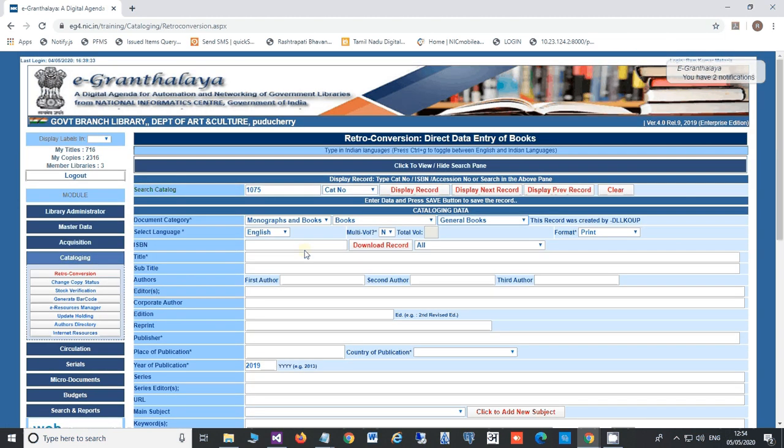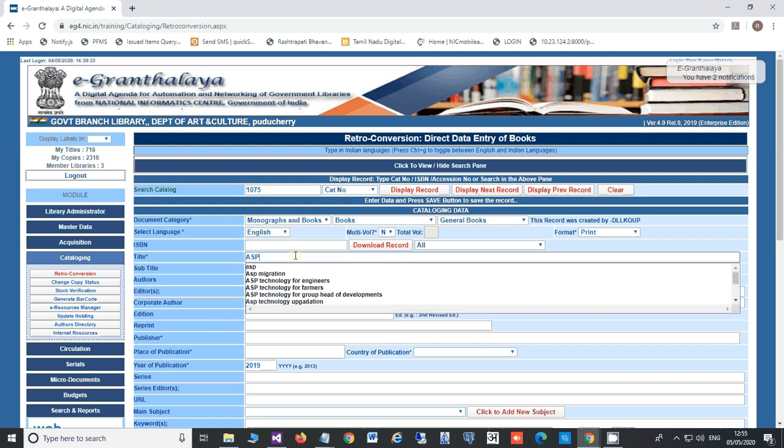Third scenario is that you are going to enter a cataloging record for a book which does not have an ISBN number. So you can start typing the title of the book, and once you type the first letter, you need to just stop for half a second, then the system will start matching the title, like here, technology.